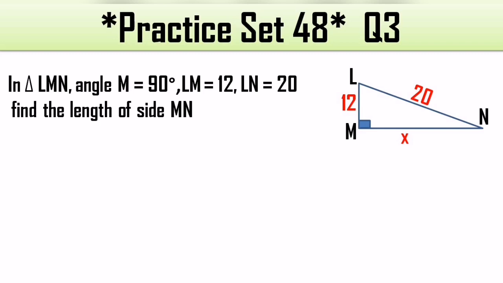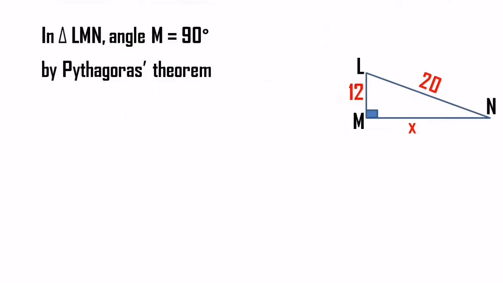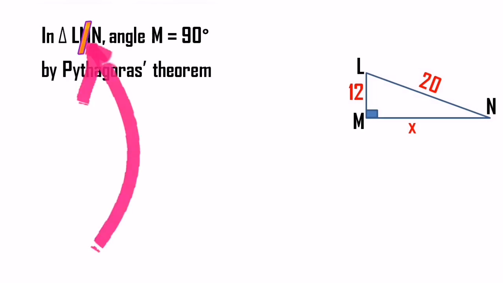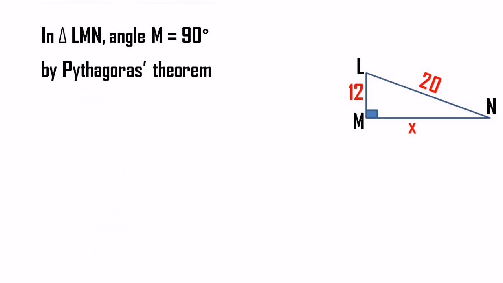Again a right angle triangle is there, so the Pythagoras theorem must be used. According to the Pythagoras theorem, we begin the formula by writing the hypotenuse first. Over here the hypotenuse is LN. I had also given you a shortcut to identify the hypotenuse in the triangle. As angle M is 90 degrees, we remove that letter from the name of the triangle LMN, and we are left with LN. So LN will be the hypotenuse, and my formula will be LN square equals LM square plus MN square.